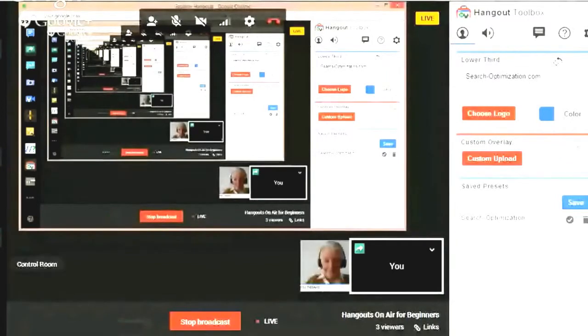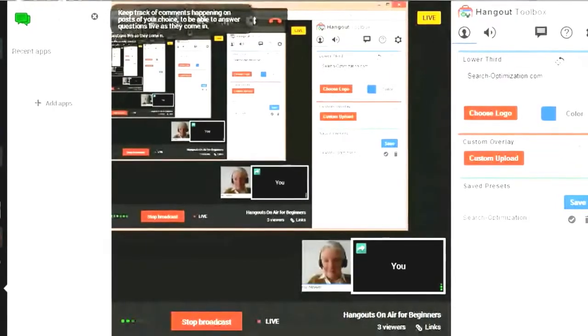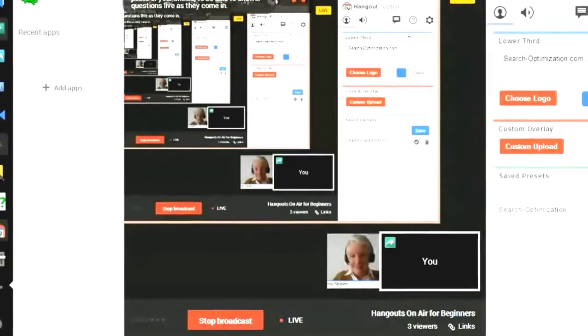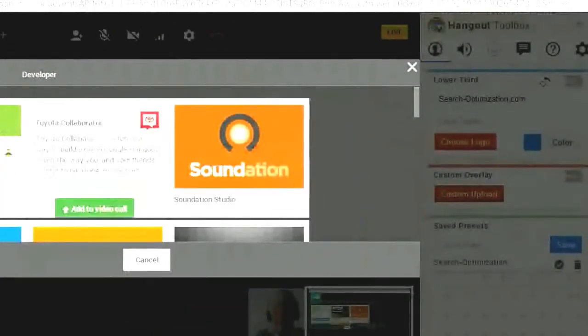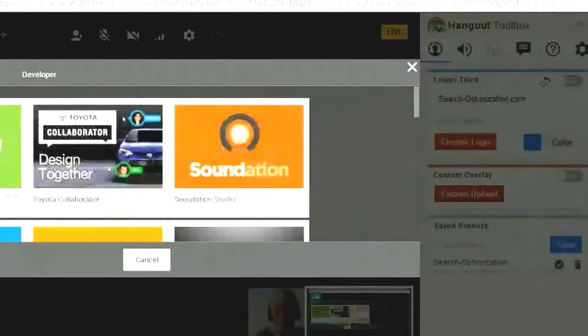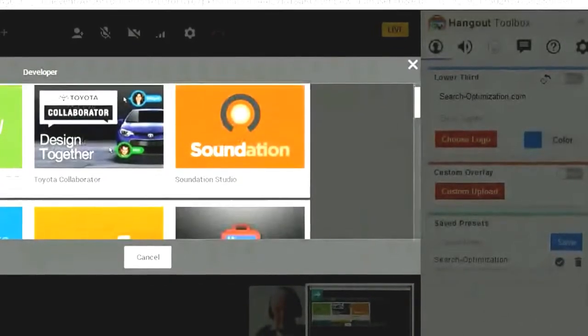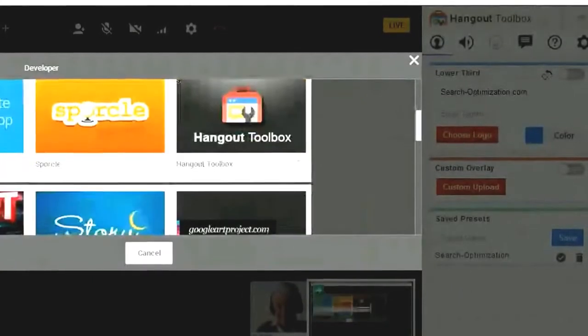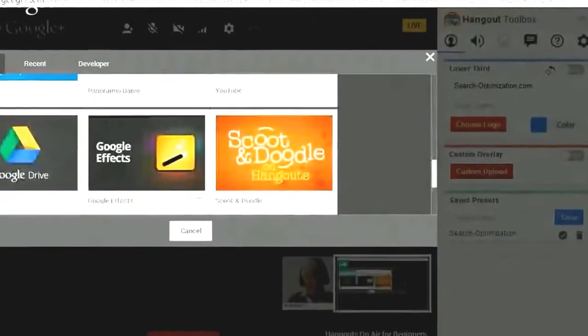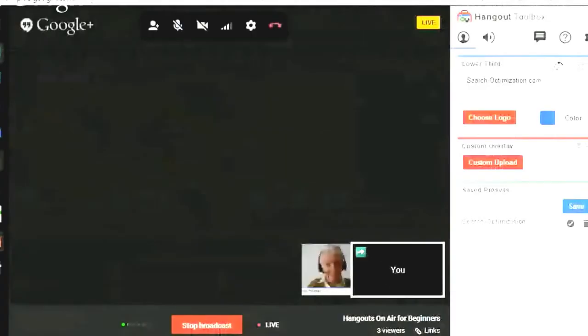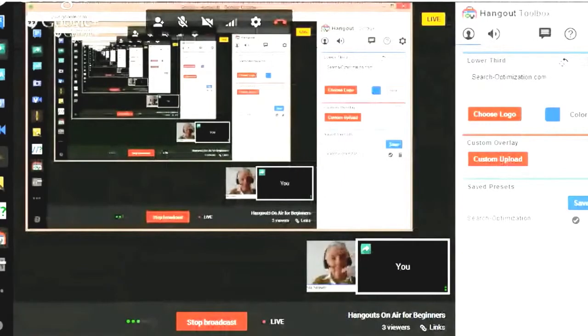On the left, here my echo happens again, but if I go to the left and I go all the way to the bottom, this comes up and I can add apps. If I click that button, it gives me all kinds of apps to play around with. There's a whole bunch of things in here to play with and look at. Sound things. Just explore this area is what I'd say, and look for the different apps that can go with this. Because there's a lot of potential,